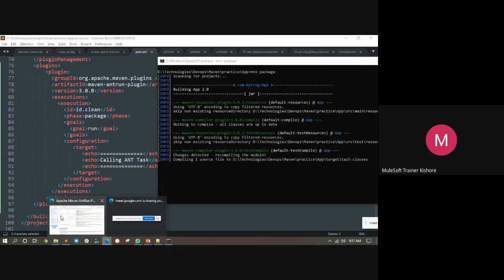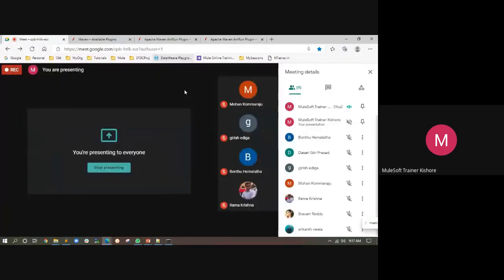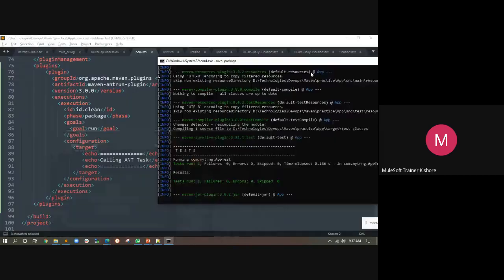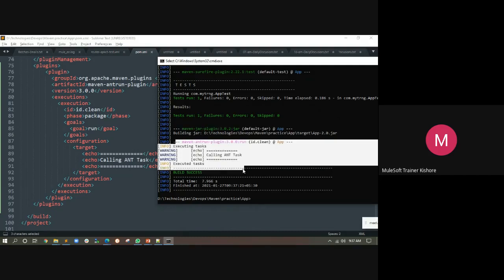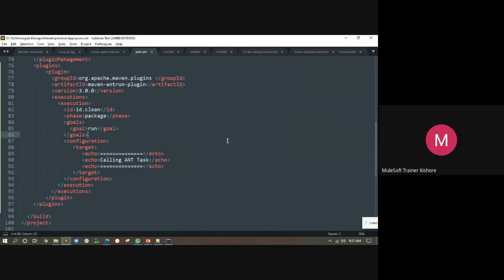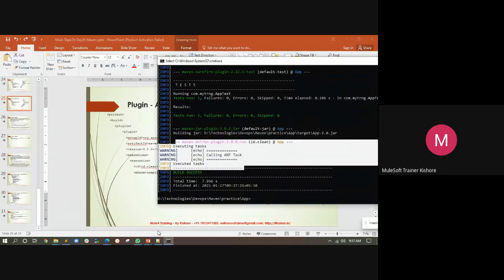Hope all of you are following, at least you are trying to understand what's going on here. Those who are at lead level and above, at lead level you need to understand this Maven. For developers, you don't need that much depth. So see here, test is done, and then this is building. This is nothing but the default jar packaging. After packaging, this goal has run. This is how you should use the plugins in your Maven.